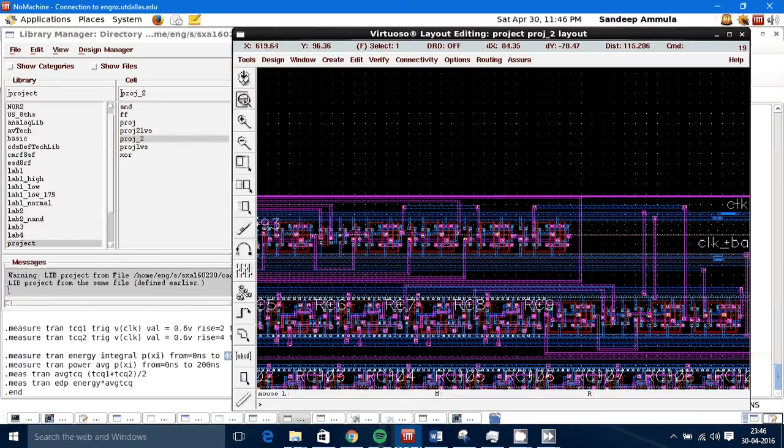Coming to the analysis part of it. Before analyzing my 288 states of the Trivium Cypher, I need to find out the clock period. So for that I need to analyze the critical path. In a clock cycle, in the design, one can observe that these three XOR gates, this flip-flop and an AND gate, which is making my output pin, should be available in a clock cycle.